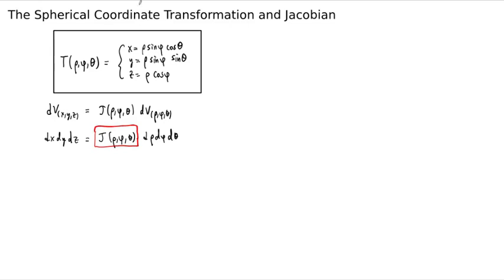There's a way to compute it, but before we do, let's think about what a tiny volume element would look like. If we're going to chop up a solid spherical region into pieces, we might think of a couple concentric spheres, and we might think of a couple rays coming from the origin that cut right through our space here. And so what we'll end up with is that a small portion